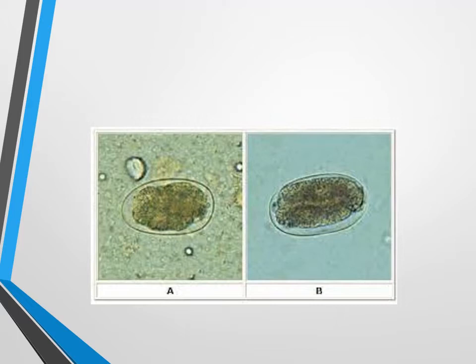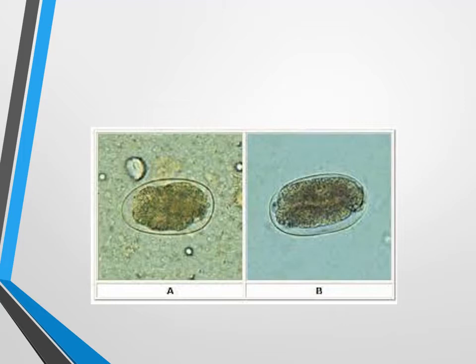Now what questions can be asked related to this if it comes in the exam? What is the mode of infection? We know that hookworm infection is usually by skin penetration, and the definitive host is humans only. Mainly they want to know about the disease, iron deficiency anemia, because this worm causes bleeding. So occult blood can be present in the stool. What type of anemia does it cause? Iron deficiency anemia. Then the eosinophil count will also be higher.